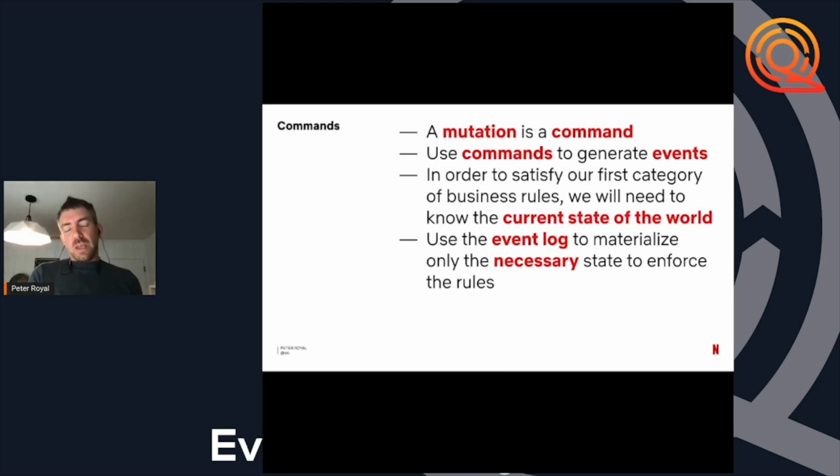So you can be selective when going through the event log, pulling out the data that's necessary to keep your invariants intact while leaving aside all of the other data that is important for the overall operation of the system, but not for the enforcement of the invariants.